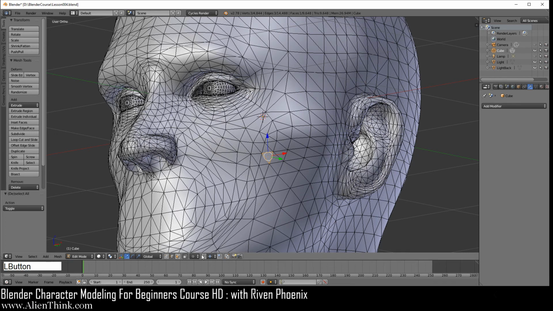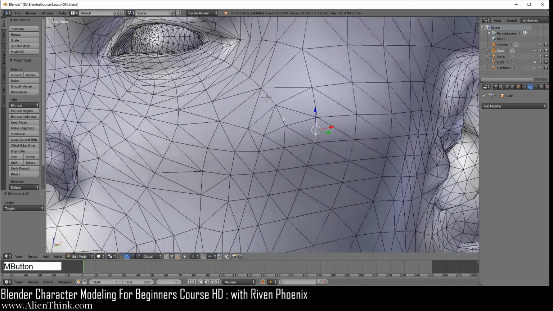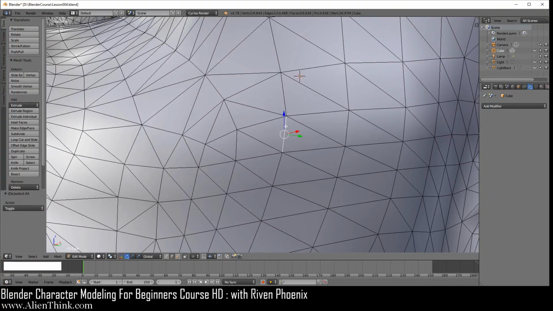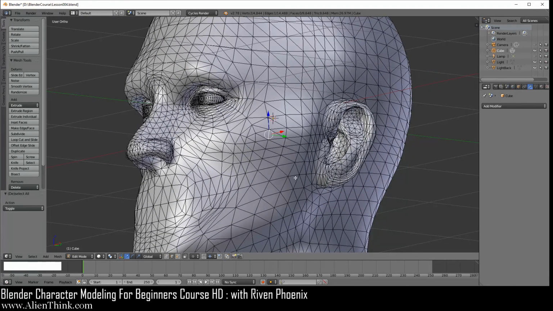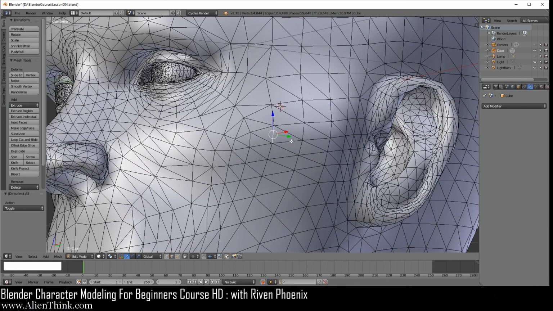And if I click on the edges over here, for example, if I click on this edge and do Alt, you can see that it doesn't know what to do. The reason it's doing this is that with these edges, it doesn't know which direction you want to go. Do you want to go to this edge, this edge, this edge, this edge, or this edge, right? So this is why modeling with triangles is a very difficult concept.